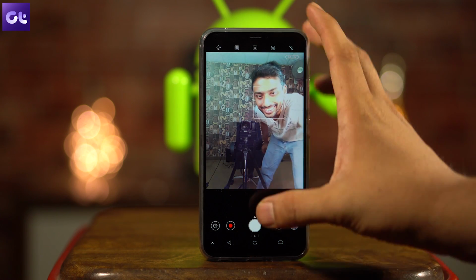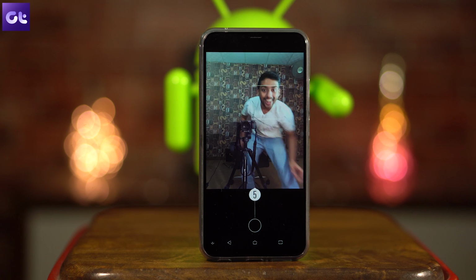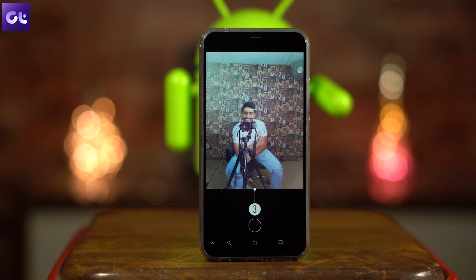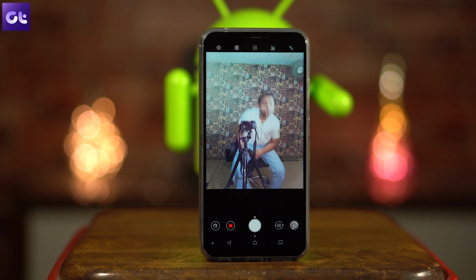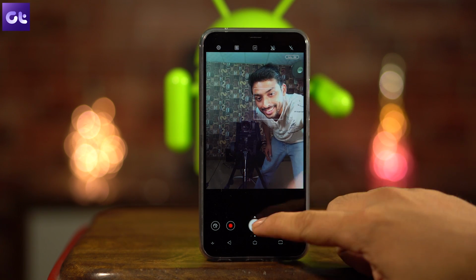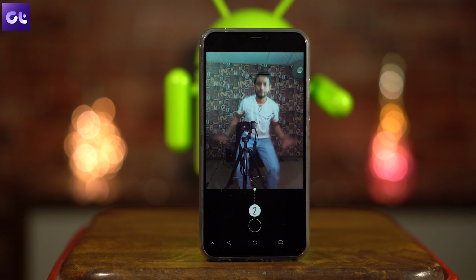The next point is for all the selfie buffs out there. Now Zenfone 5G gives you an option using which you can take selfies using the rear fingerprint sensor, just like any other phones these days. But at times, taking the photo using the selfie shutter button can be quite tricky. Here all you need to do is swipe up the shutter button and the countdown, depending upon the settings, will start. Now this countdown can range between 5 to 3 seconds, and it depends upon how much you have swiped